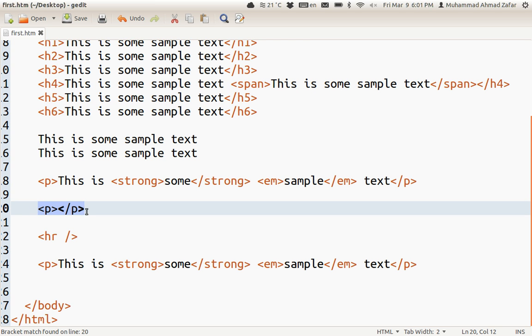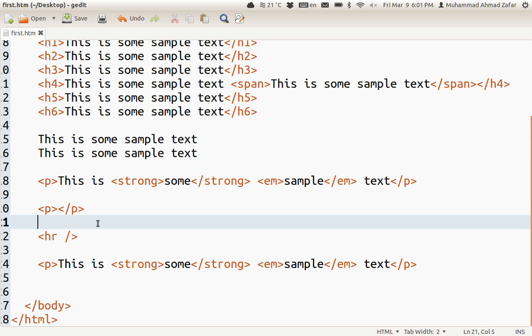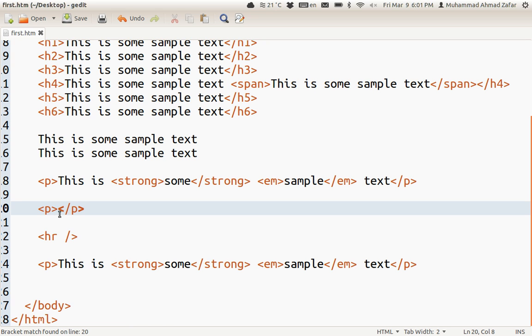However, we still have the paragraph tag. Why did it do so? Because HTML tags, as a general rule, if they do not have any contents, will not occupy any space on the web page. But if there is any content, it will occupy the space according to that tag. For instance, paragraph tag is a